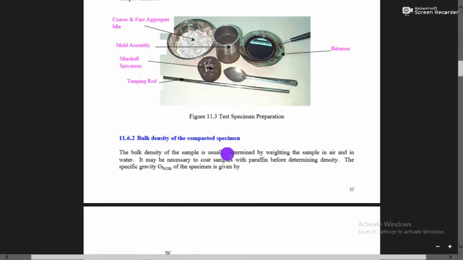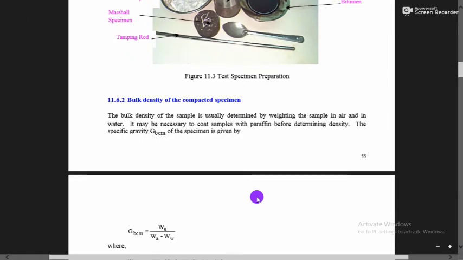11.6.2 Bulk density of the compacted specimen. The bulk density of the sample is usually determined by weighing the sample in air and in water. It may be necessary to coat the sample with paraffin wax. For determining the density, the specific gravity GBCM of the specimen is given by,